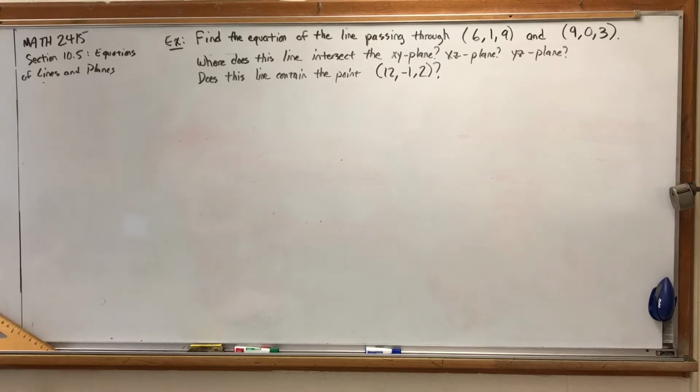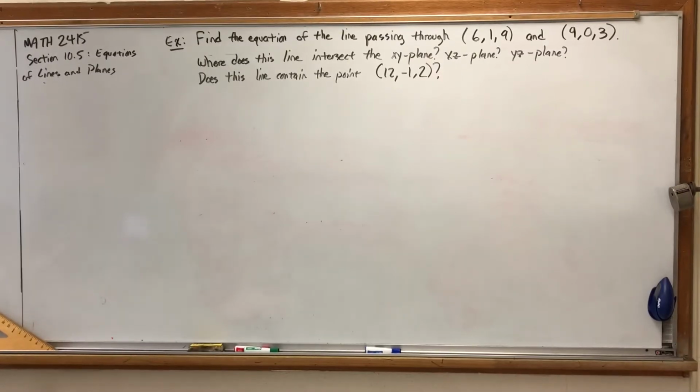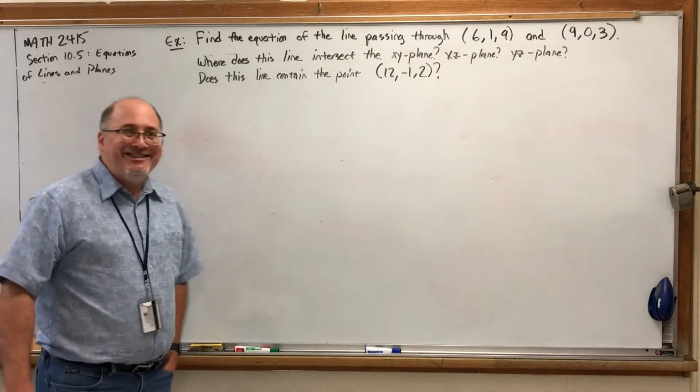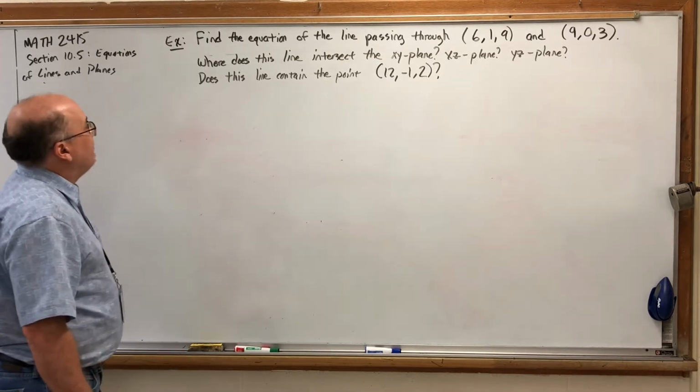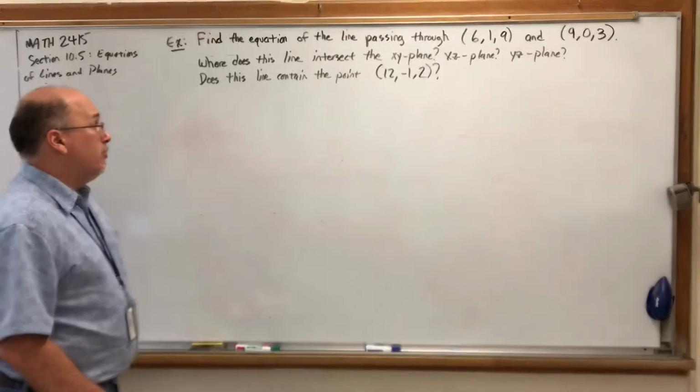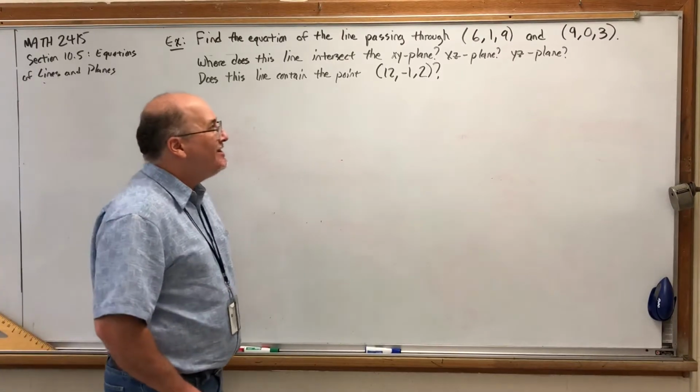Math 2415, section 10.5, equations of lines and planes. In this video, we're going to do an example that has many parts to it, but all of them kind of tie together. Find the equation of the line passing through the points (6, 1, 9) and